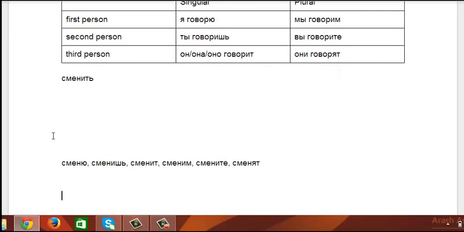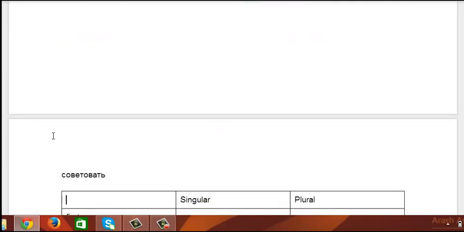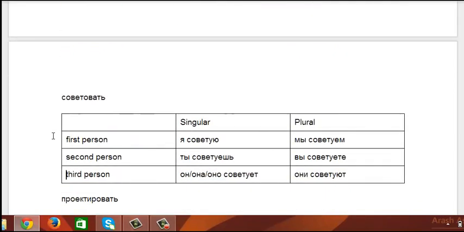The third pattern for this chapter is the pattern советовать. Remember, this is the ovat suffix, which we said is very important for a couple of reasons. One, because by looking at it you can tell how it conjugates, which is very rare and very useful. Secondly, it's a huge group that's growing. So we have this verb советовать. Let's remember how it conjugates.